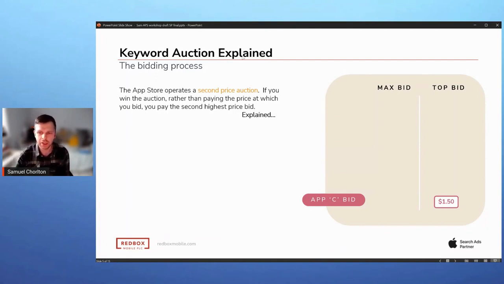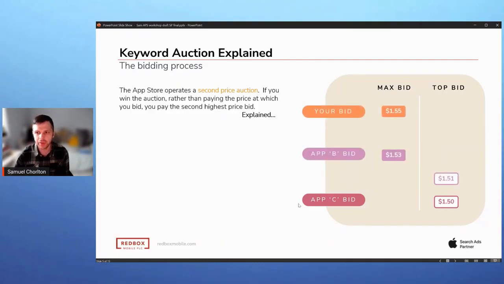And what happens is there's a variety of bid prices that get set. And because it's a second price auction system, the winning bid isn't necessarily the one that determines who pays the most. So if you were willing to pay $1.55, you don't pay $1.55, you pay the amount that the second highest bidder was willing to pay.